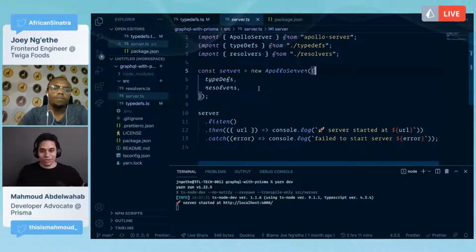If you want, you can make an open source contribution to Joey's repo and update the dependencies. You can just make a pull request. If you've never done that before, Joey would be happy to help walk you through that. Also, Prisma version 2.29 just came out on Tuesday, so you can update that as well.